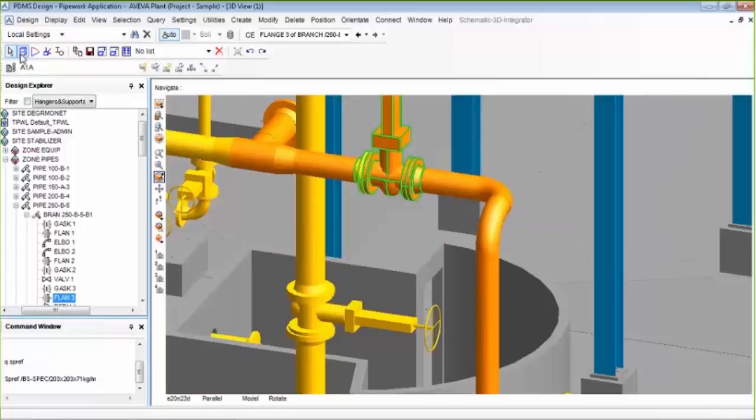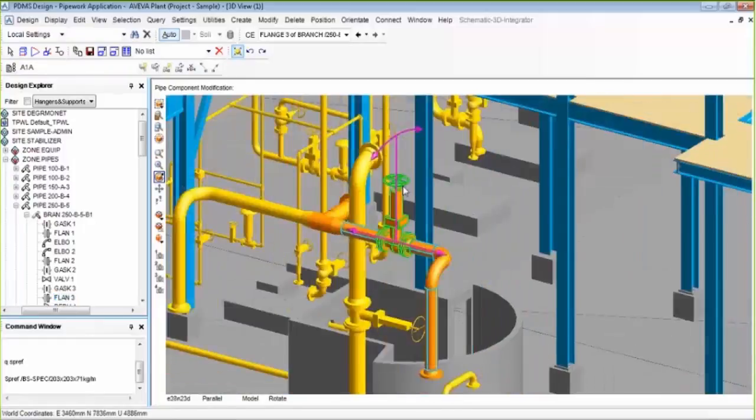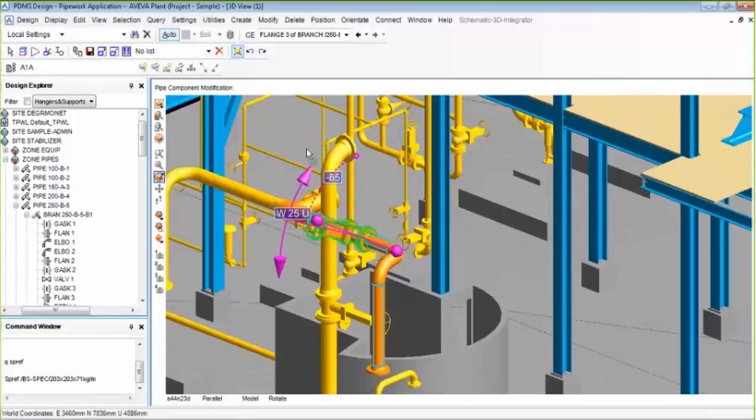Again, if you want to modify, you can always change the position of the valve. If you want to change the hand wheel orientation, you can always change it here.